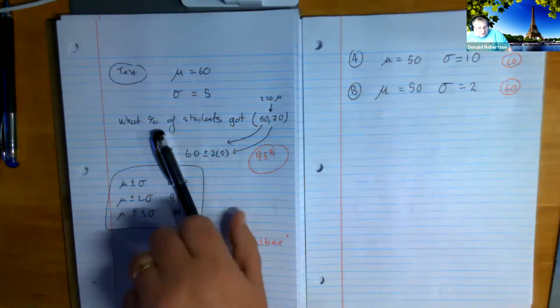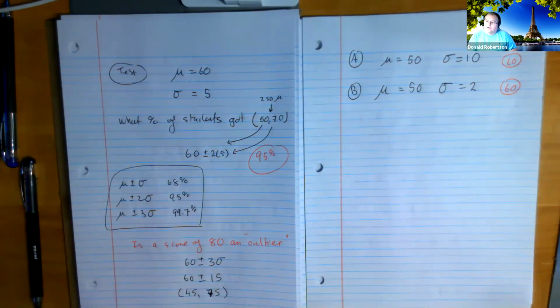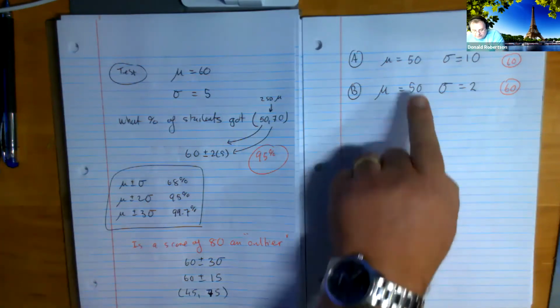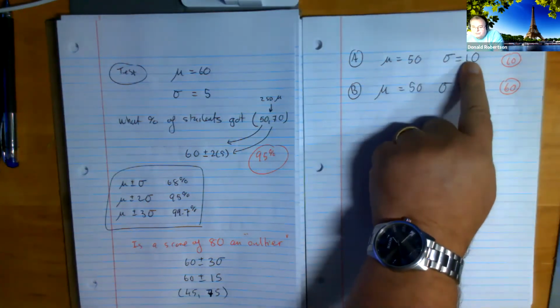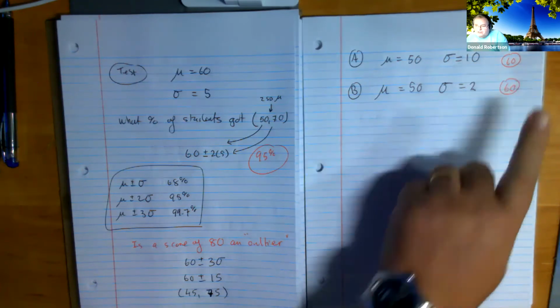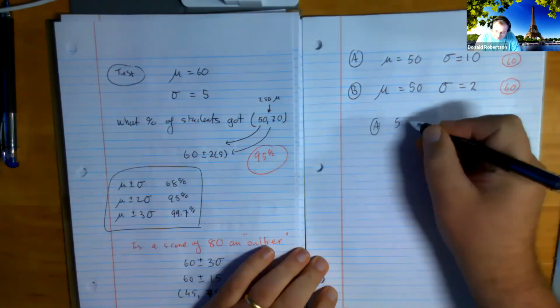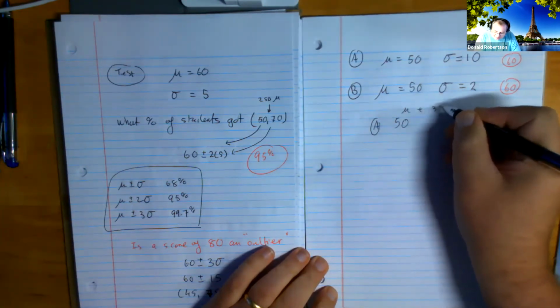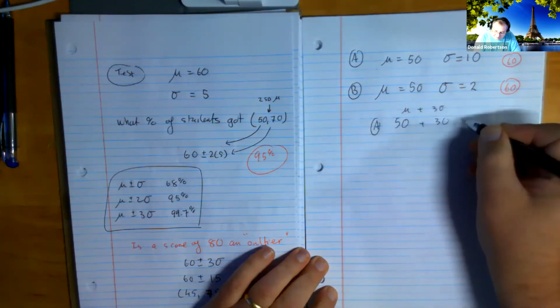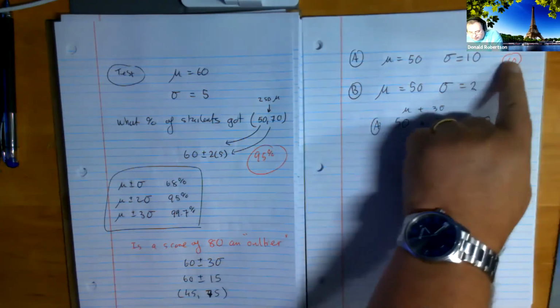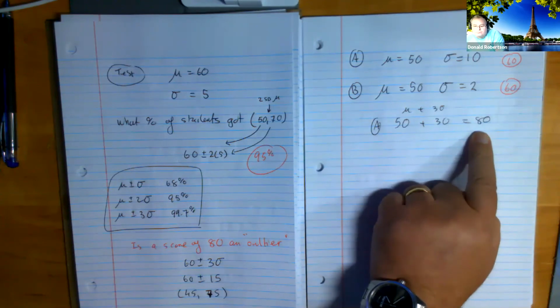Looking at this data, can you make a call on who, if any of those 2 are outliers? And secondly, well, let's do that first, and then I'll do the second one. Mean of 50, standard deviation of 10. Let's find out what the upper limit would be. Well, for Class A, isn't it the mean plus 3 standard deviations? And that would be 80. So for Class A, isn't that 60 just one of the typical scores that people might get in that class?